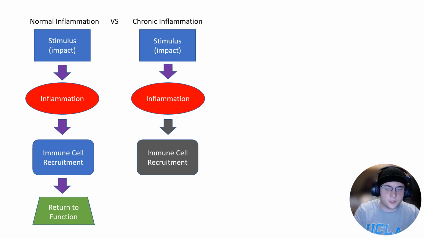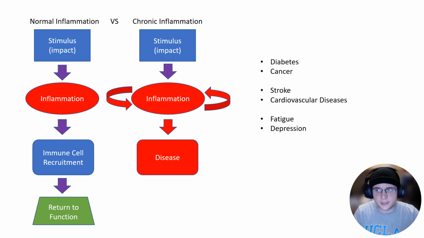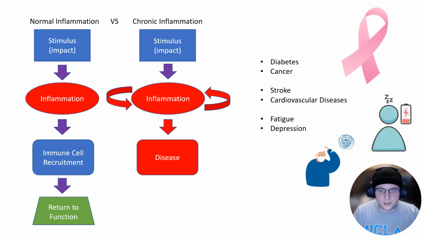This means that inflammation will feed into itself in a positive feedback loop, which leads to disease. Diseases such as diabetes and cancer, as well as stroke and cardiovascular diseases, due to the increase of inflammatory cytokines. Finally, this all can lead to fatigue and depression due to the fact that an individual is unable to experience their lives to the fullest. And one of the questions that we try to tackle in the Hoffman lab is what can cause this dysregulation